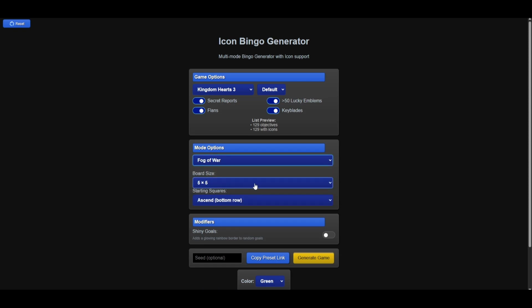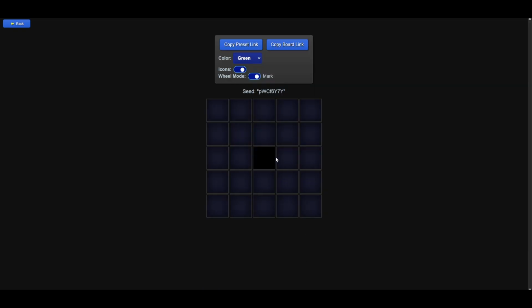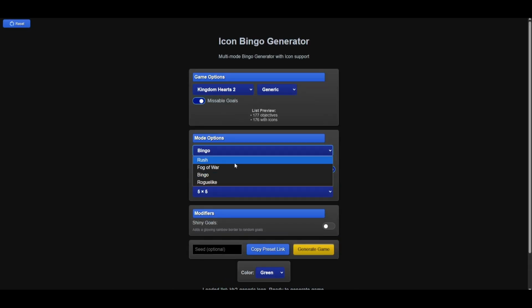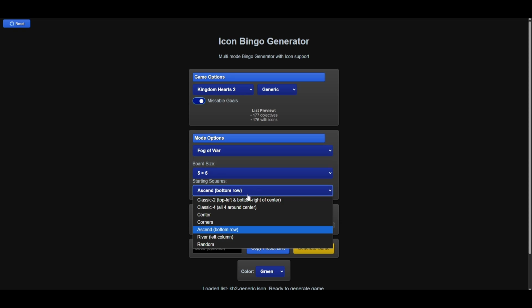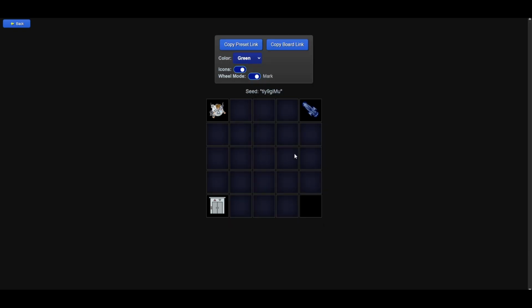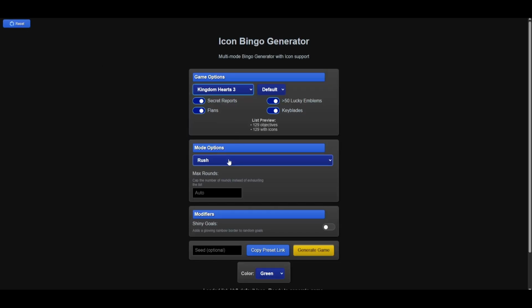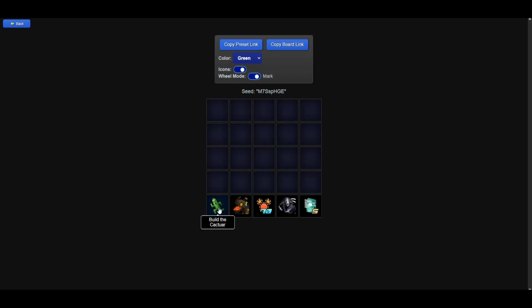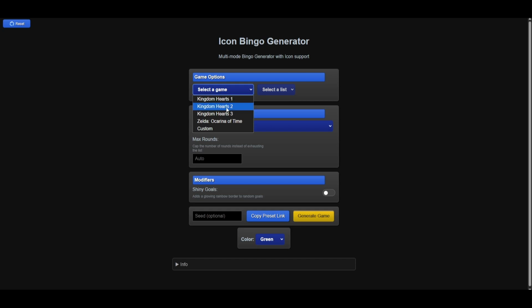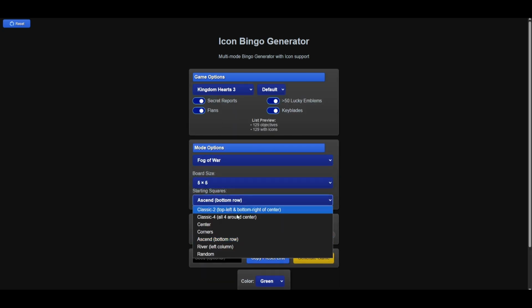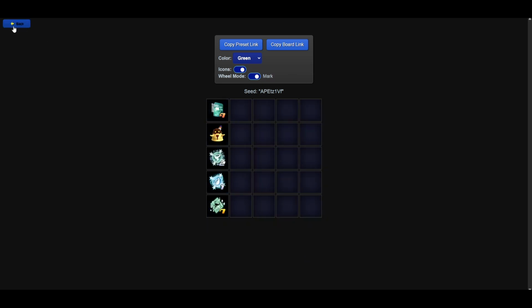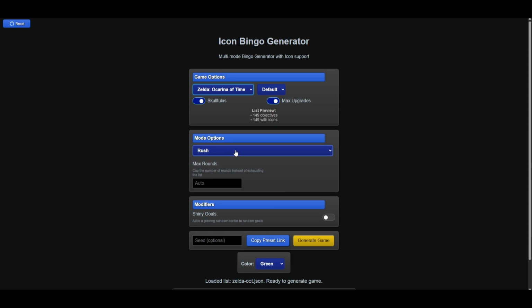And then we have center, which is just the center square. We have corners. Some of these are self-explanatory, so this is the 4 corners of the board. Ascend is the bottom row, like that. And then we have river, which is the left column, so just the left column. And then we also have